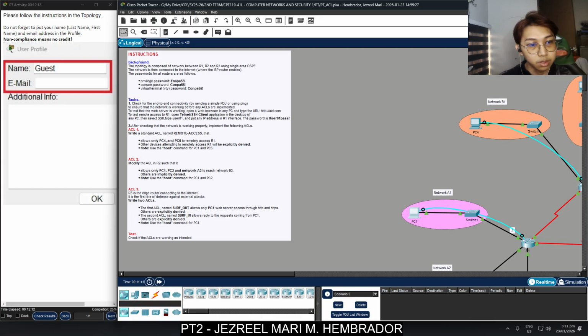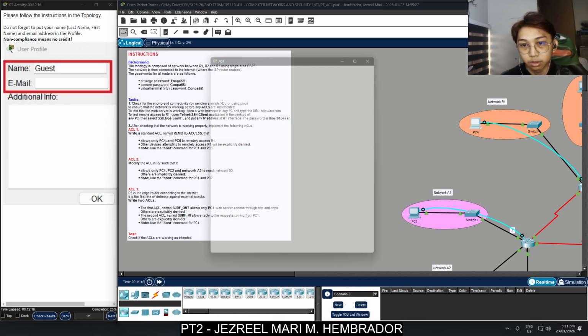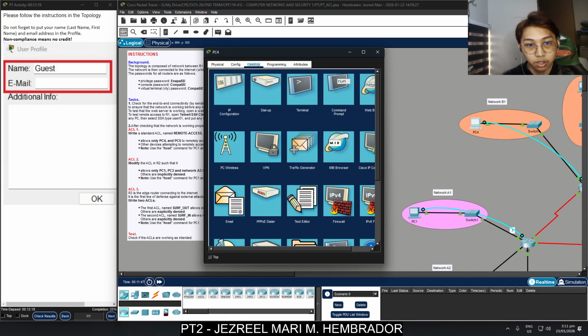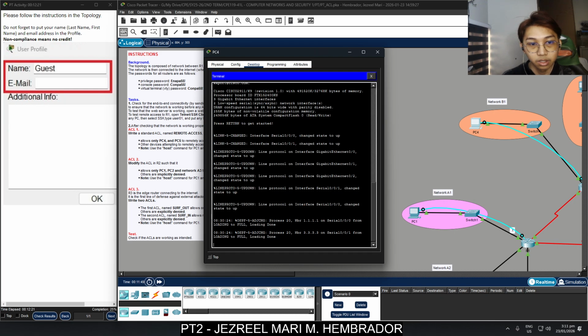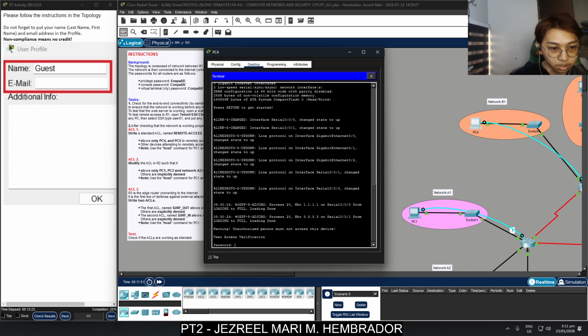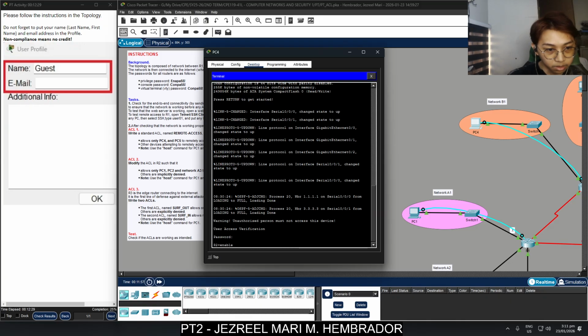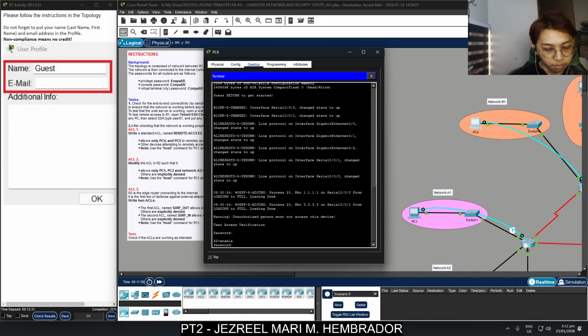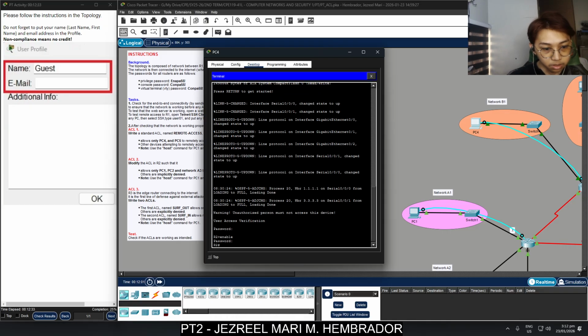Note: use the host command for PC1 and PC2. So we're going to click PC4 and then desktop, terminal, and then conpa55 exclamation, then enable, then enpa55 exclamation, then configure terminal.